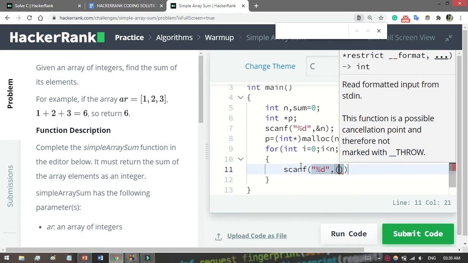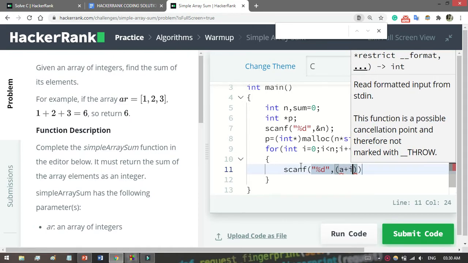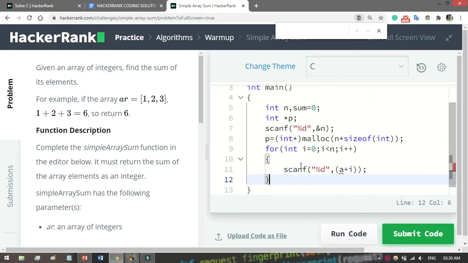At first remember this, it's very important: when you use scanf for dynamic memory allocation, we have to write only the pointer, not require an ampersand. Just remember it. Everybody makes this mistake.